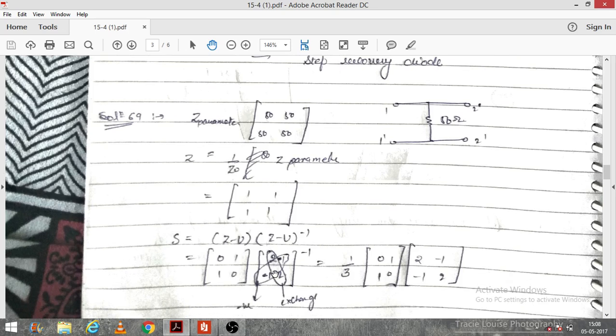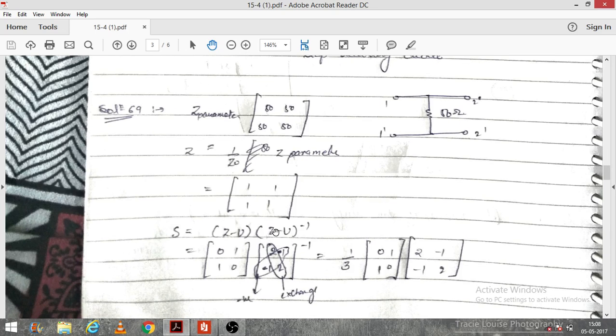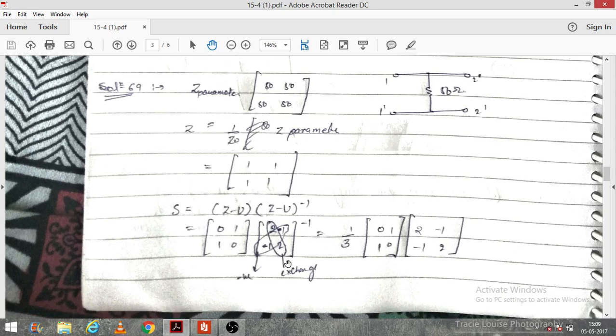We have to find Z plus U, friend. This is not Z minus U, this is the inverse of Z plus U. We have to calculate the inverse. That will be 2 1 1 2, and if we are taking the inverse of a 2 by 2 matrix, then simply we can do it by exchanging these values and multiplying the other values by minus 1, and dividing by the determinant. So the determinant of this matrix is 3, and by taking the inverse of this,